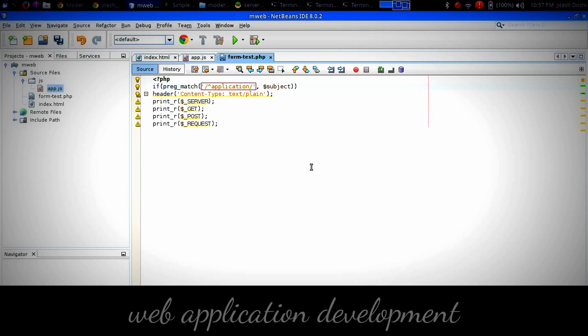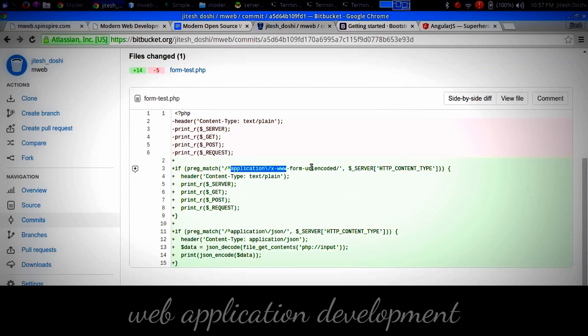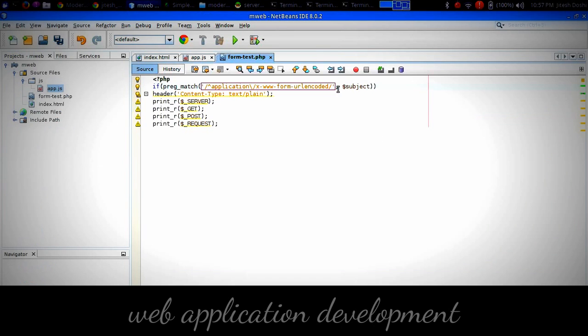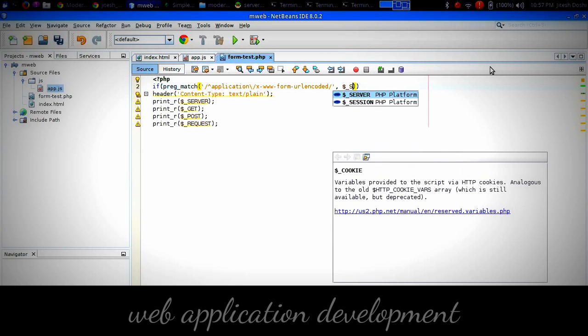So application slash, but since this is a literal slash, we have to escape it. Application x www form urlencoded. Let me make sure I spell it right. Yeah, it is that. So this is the pattern, and the subject string is $_SERVER